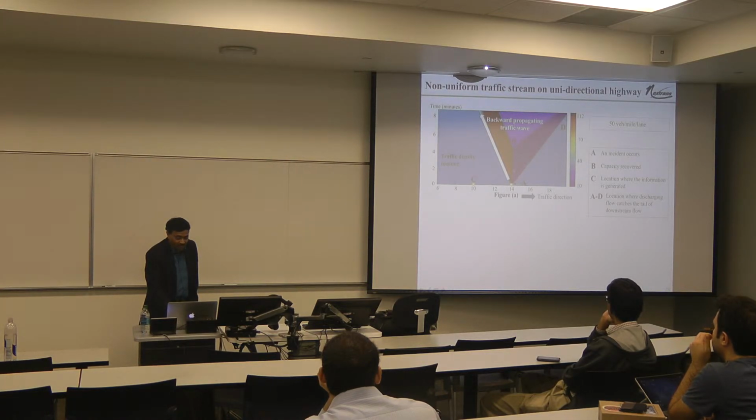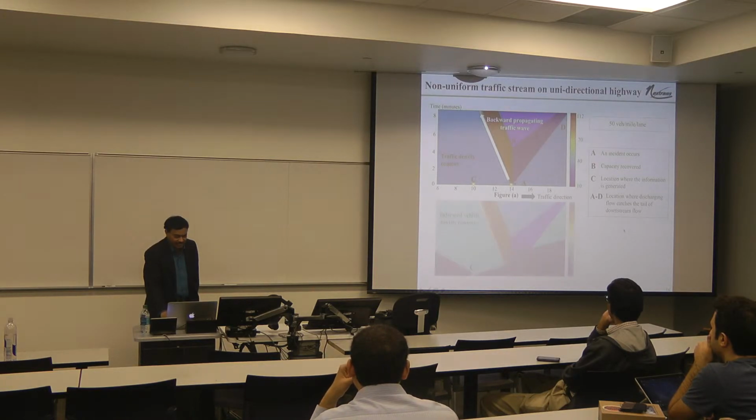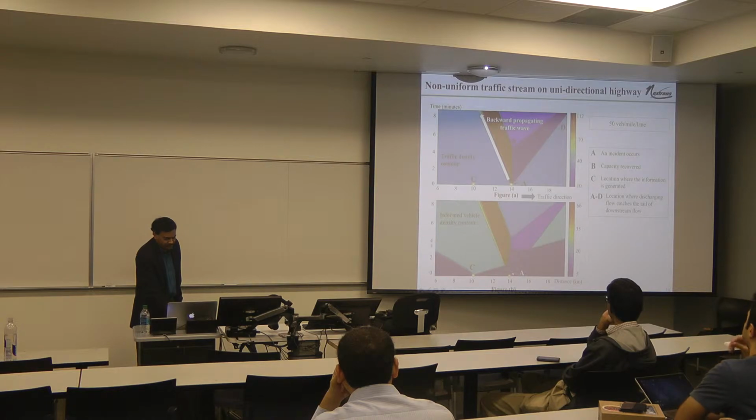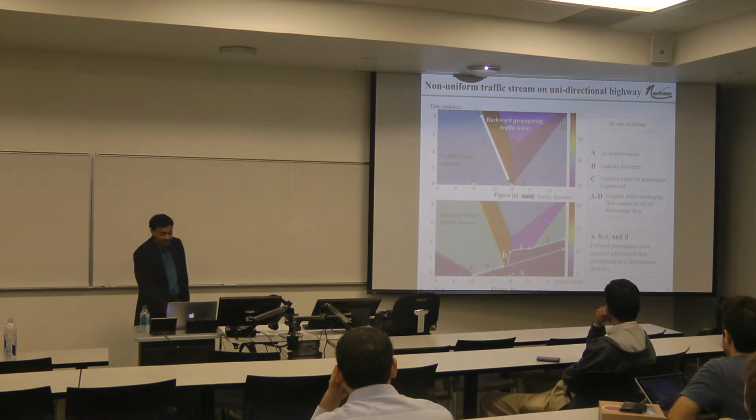And the point that I wanted to illustrate here is that there are consequences of that in terms of the informed vehicle density content. So here, the bottom figure is showing the density of informed vehicles. So you have distance, you have time. But see how you have A and C just to show the same reference points. But what happens is the following.